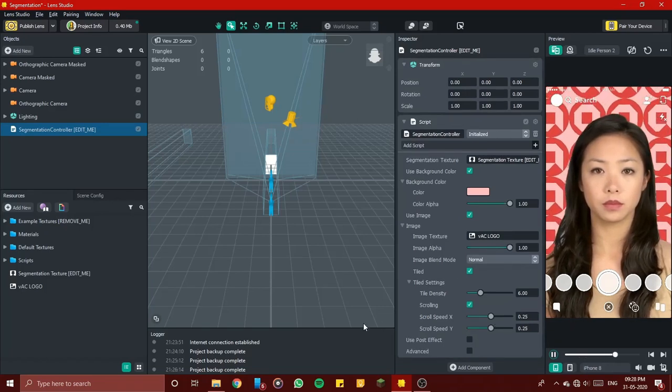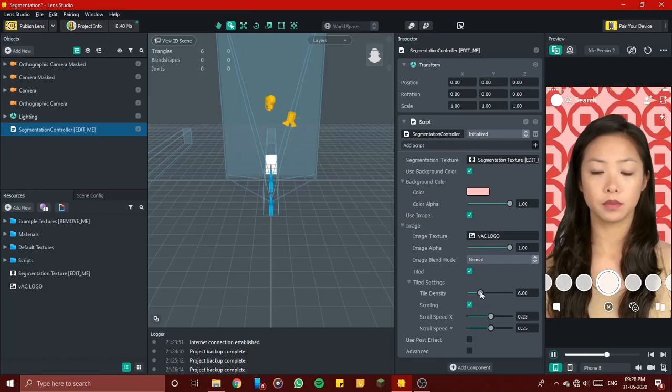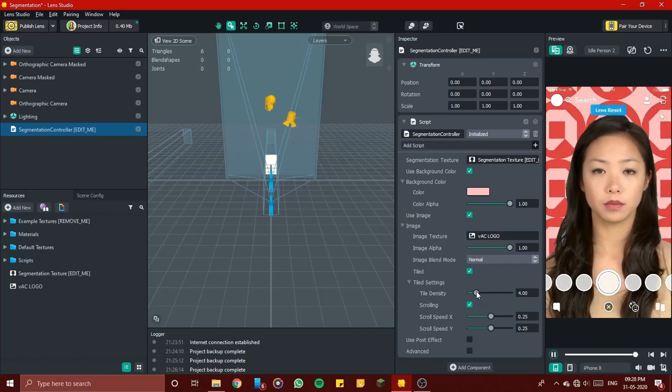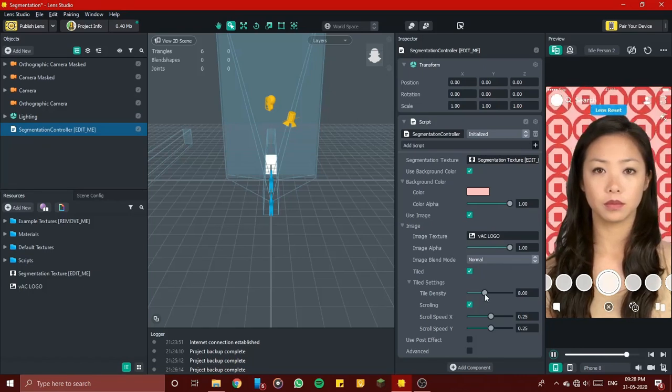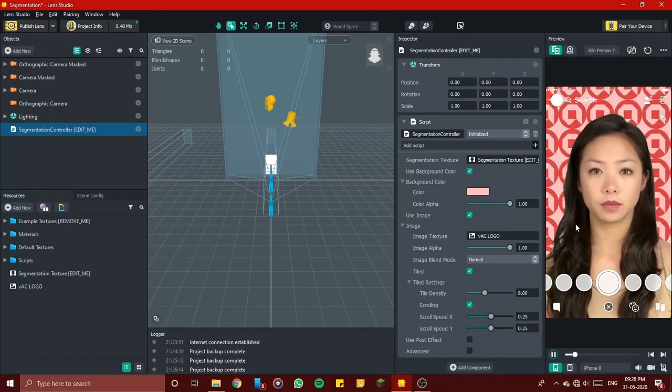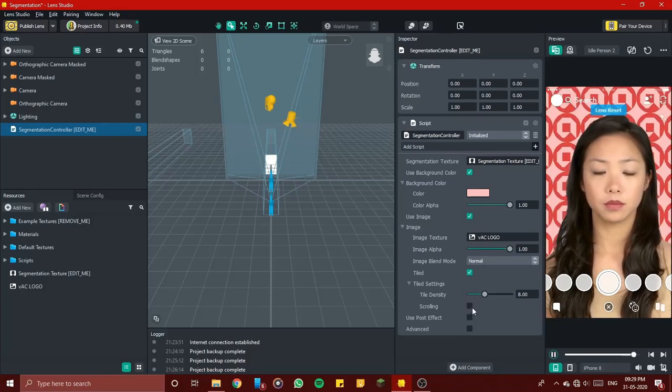In tiles, you can change the tile density. That is how many logos should appear on the screen. I'm just going with 8. Whether you want it to move or just stay still.